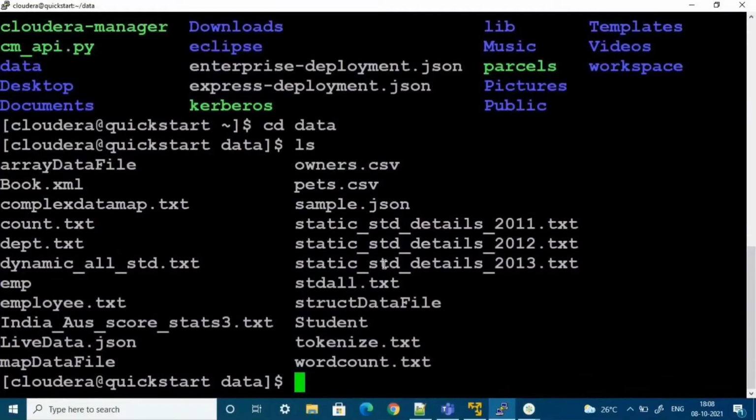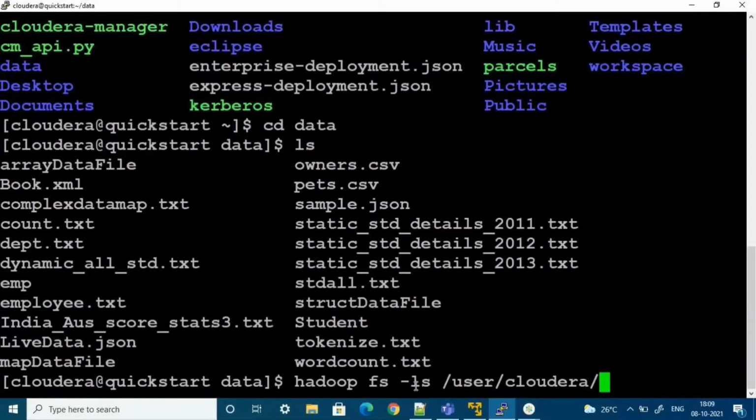For that we have to enter a Hadoop command. So hadoop fs -ls /user/cloudera, because user cloudera is my HDFS path. If I want to see the files, I have to use the ls command.